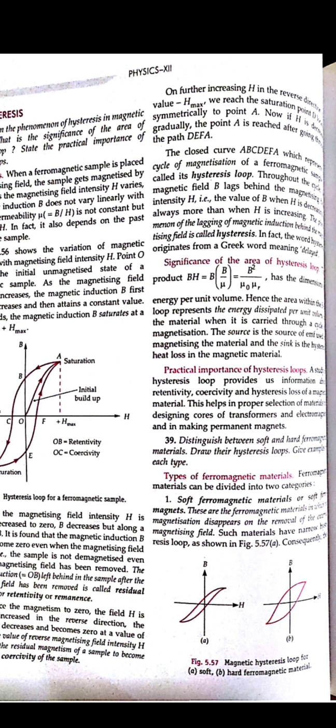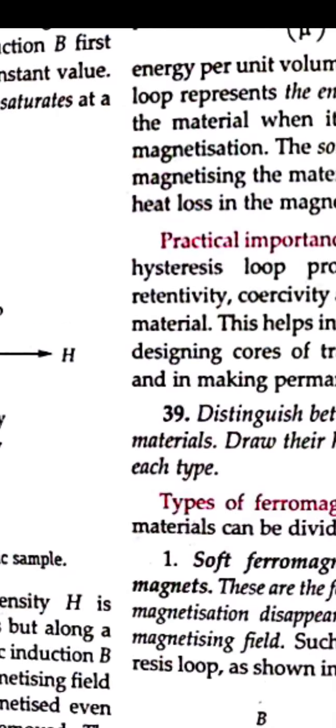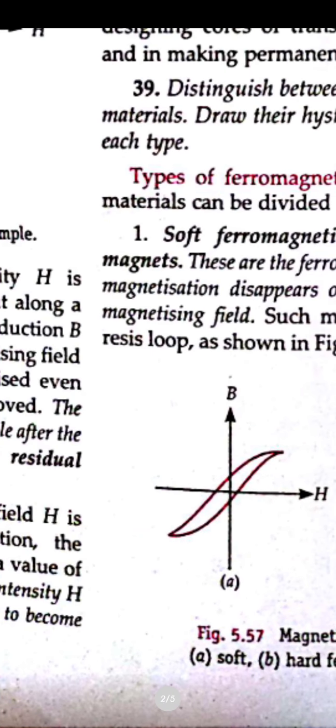In the B diagram for the hard one, the coercivity is high, a large hysteresis loss will also be there, and retentivity will be high. In the soft iron figure which you can see, the soft ferromagnetic substance shows a thin figure. This thin loop shows that the hysteresis loss is less, so they will have a low hysteresis loss and a low retentivity, because the retentivity is also not for a long time.